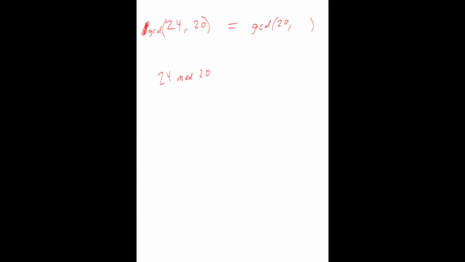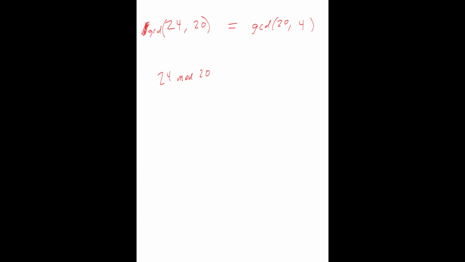So it's 24 mod 20. So what's the remainder of 24 if you divide it by 20? So how much is left over? How much bigger is 24 than 20? 4, right? So the GCD of 24 and 20 is the same as the GCD of 20 and 4,